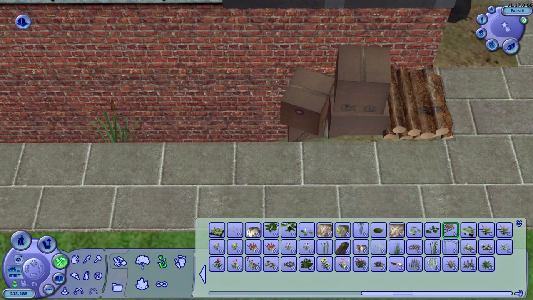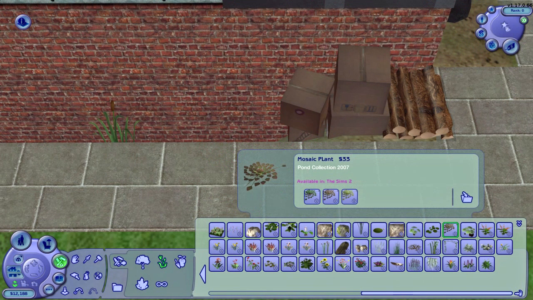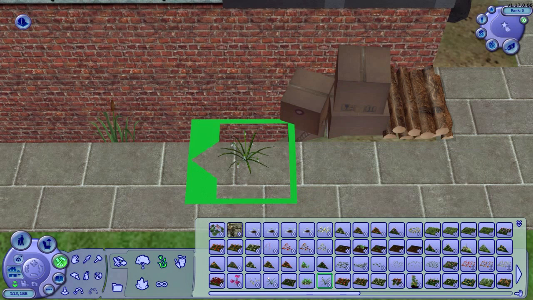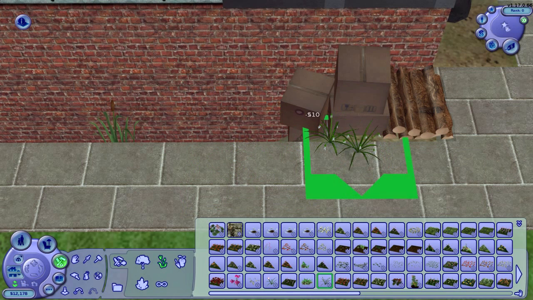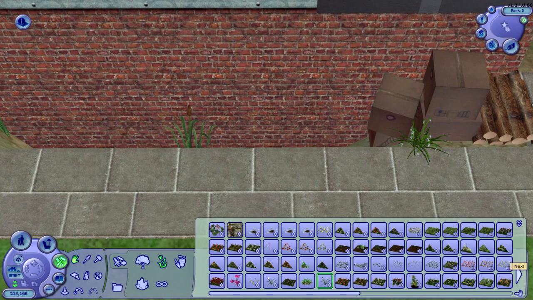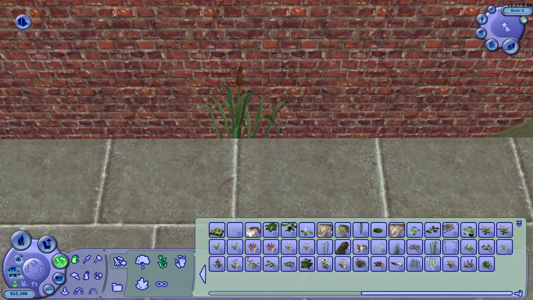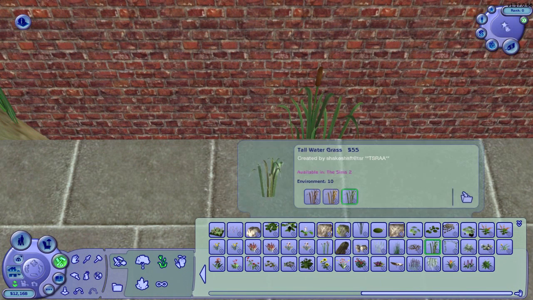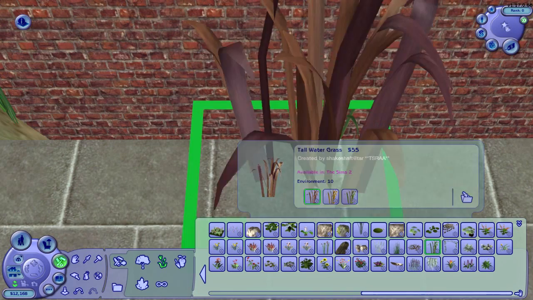That plant is part of the Pond collection, which is available on Mod The Sims. That collection is very well done. So I'm just sticking a little plant in here, turning it around a little bit, and yep, here's what I'm looking for. These kind of grasses, these tall water grasses, and I'm going to do some...